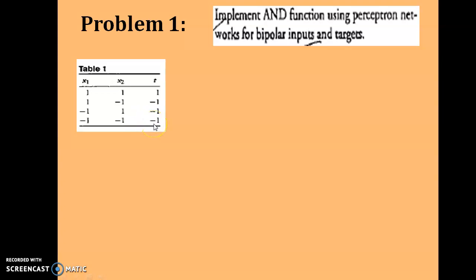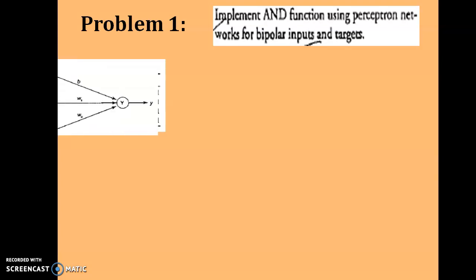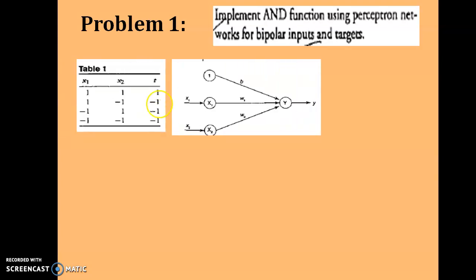We try to implement this AND function using perceptron neural network. The architecture of the neural network looks like this. We have two inputs x1 and x2. Each one is assigned with the weight w1, w2. We have a bias to adjust our neural network. We have to calculate the net input, apply the activation function over the neural network and calculate the output.